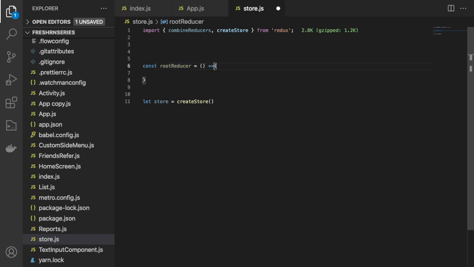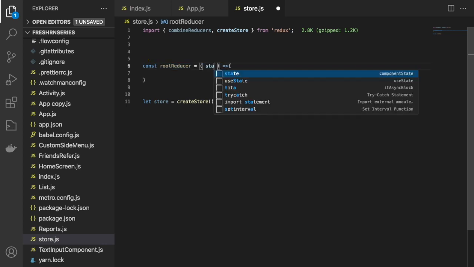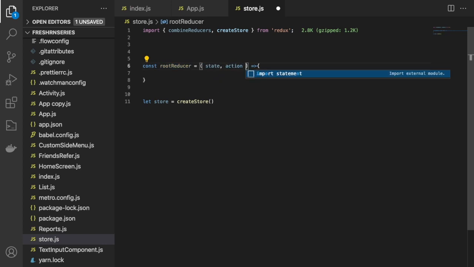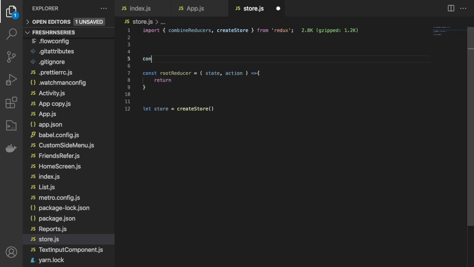State and action. I have to return this with a different function. Let me create a different function that should be an appReducer. Here I have to use my combineReducers because I have to combine all of the reducers that I'm going to use in my application.